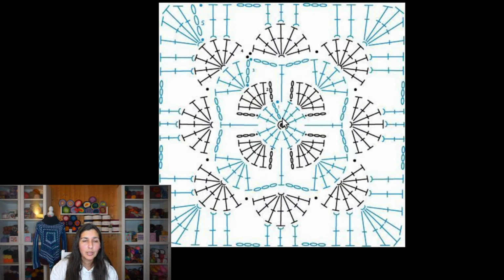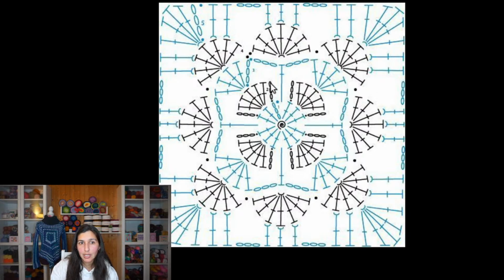Here we start with the chain 3 and we work all those double crochets, and then we slip stitch here, and then we work row 2. So row 2 is a chain 3, and then work this fan, this 5 double crochets into the top of this stitch here, and then chain 3 and slip stitch that chain 3 into this stitch. You see? So the row begins here as we slip stitch,